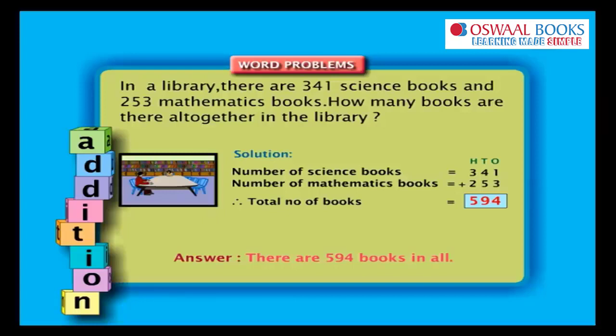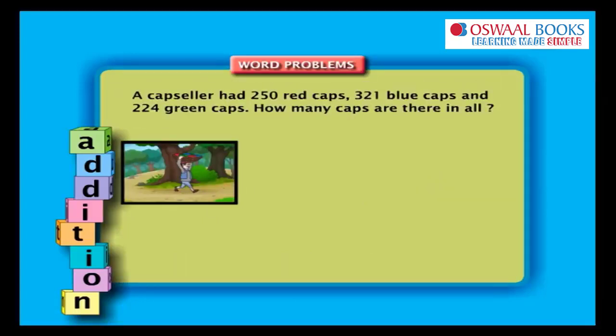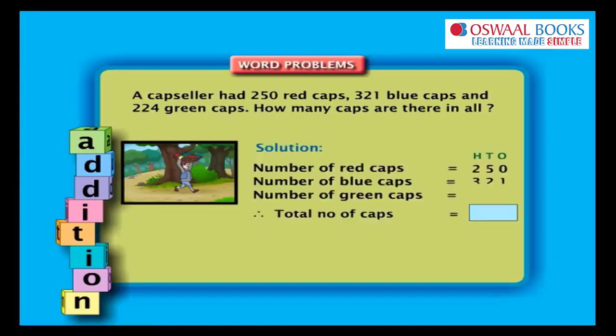594. Example 2. A cap seller had 250 red caps, 321 blue caps, and 224 green caps. How many caps are there in all? Arrange the numbers in a column. Number of red caps 250. Number of blue caps 321. Number of green caps